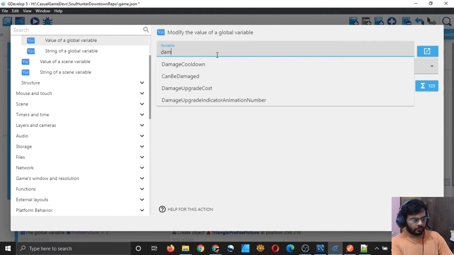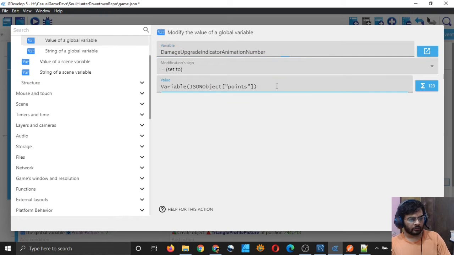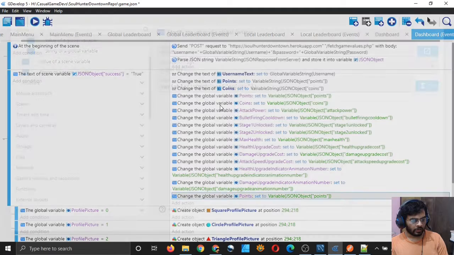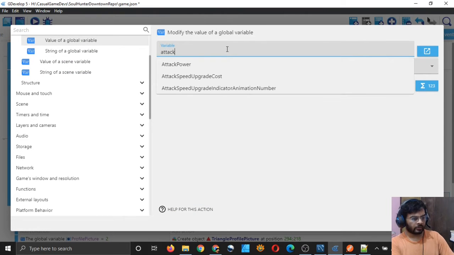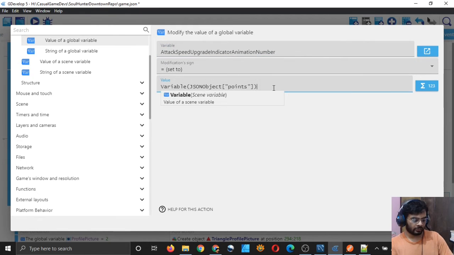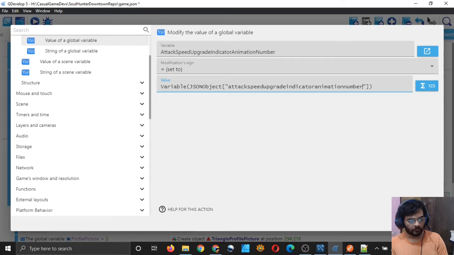Then damage upgrade indicator animation number, and here also damage upgrade indicator animation number. Okay, and then go here and type attack speed upgrade indicator animation number, and in the field also attack speed upgrade indicator animation number.